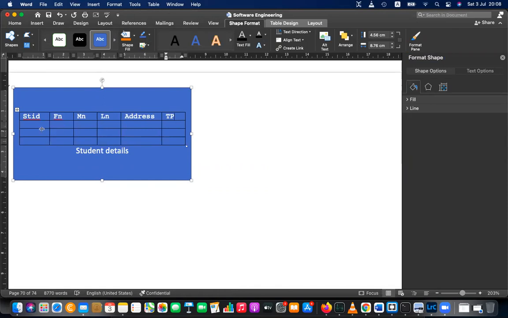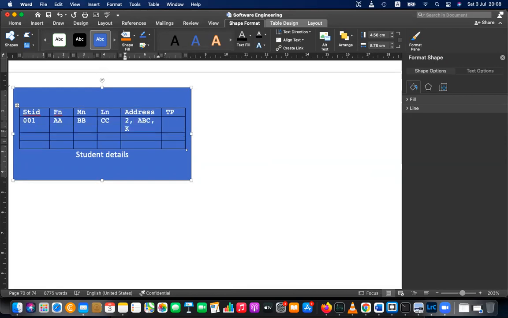Let's say 001 is a student, first name is AA, second name BB, last name CC, address is something like ABC Kandy, and a TP number, some number. So likewise, you have student details.